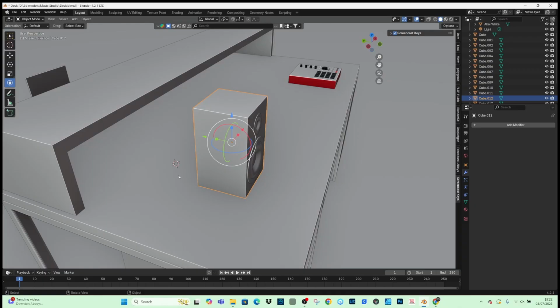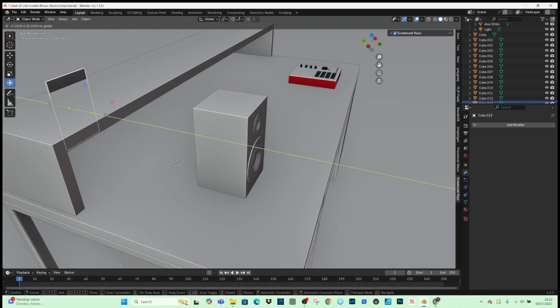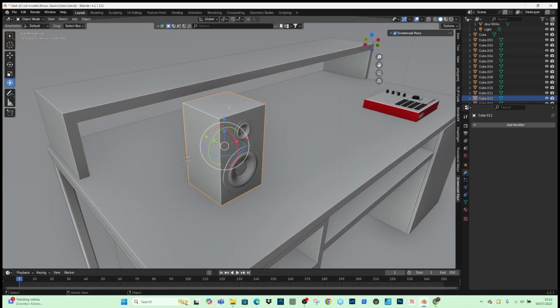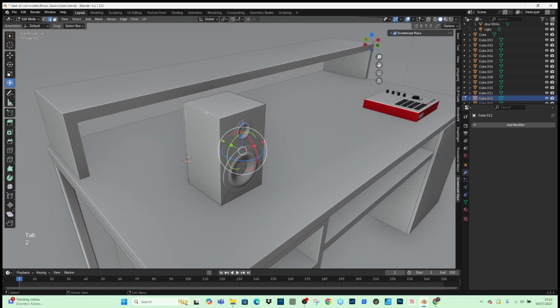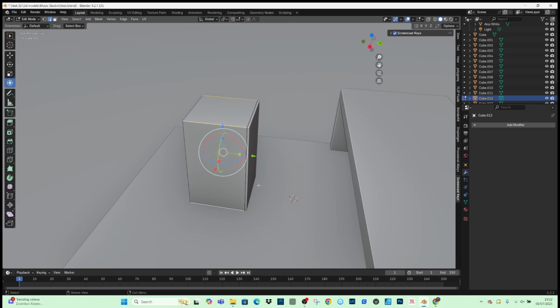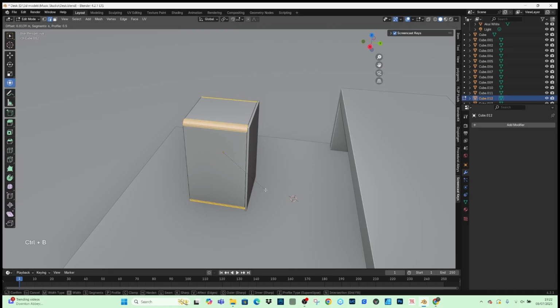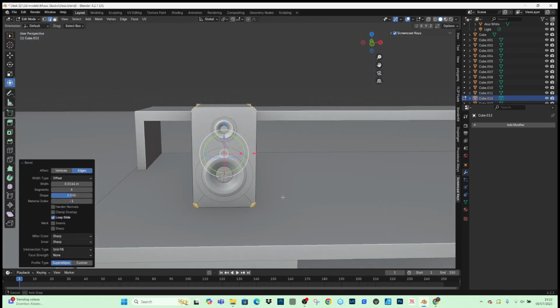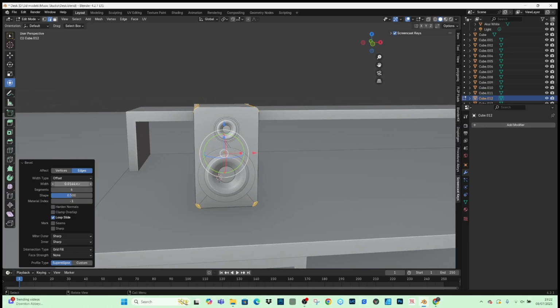Right, now what we need to do is bring our back plate over, like so. What we're going to do on here is round those edges. So number 2, hit that, hit that, hit that, and that. And then Control B, just to round it off a little bit. Take note, if we do it 0.015,